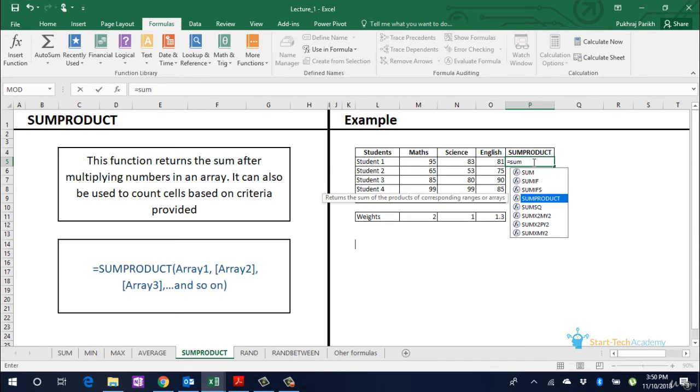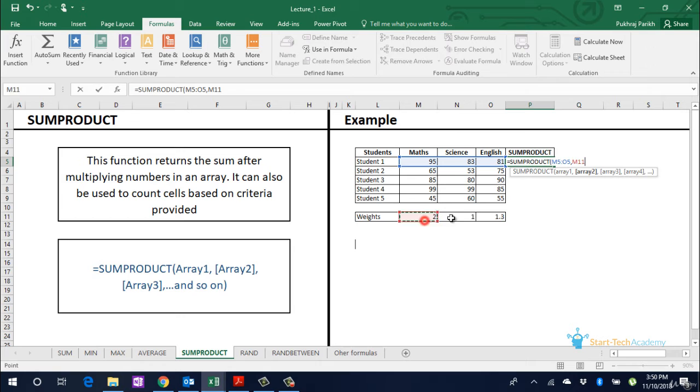Then we select the first array, comma, select the second array and press enter. The number returned is 95 into 2 plus 83 into 1 plus 81 into 1.3 and this equals 378.3.